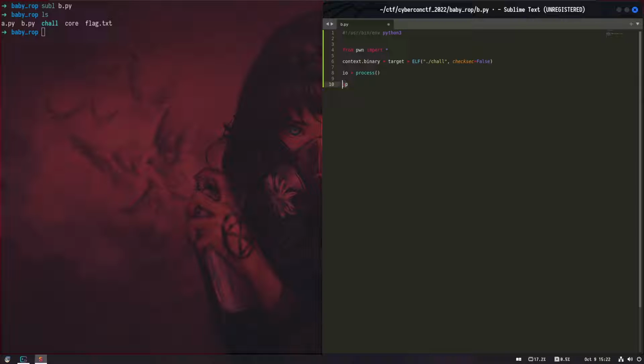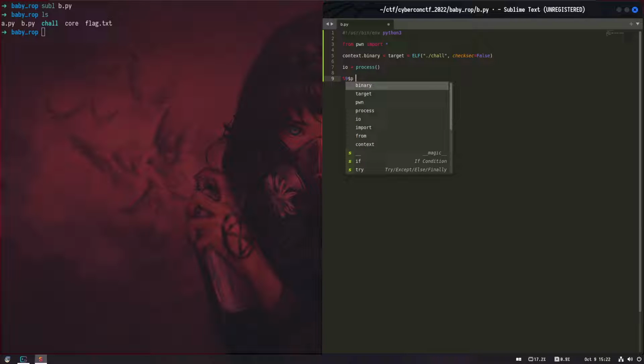Oh, we did %9$p to leak the ninth address on the stack, that was to leak the return, and then the other one, %27$p. There we go. So you want to send line this,